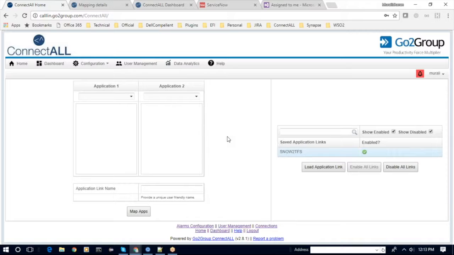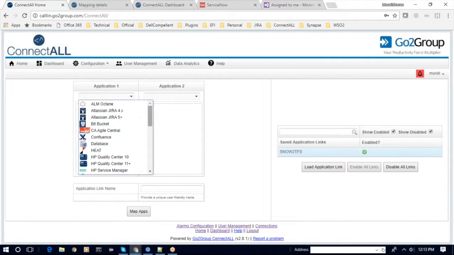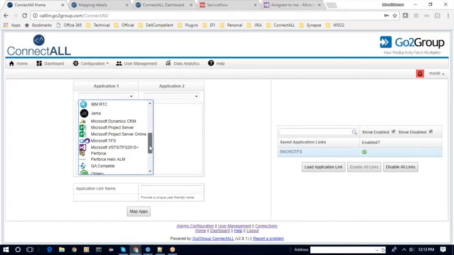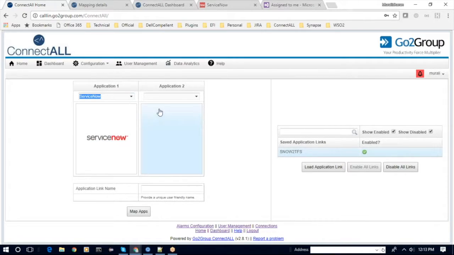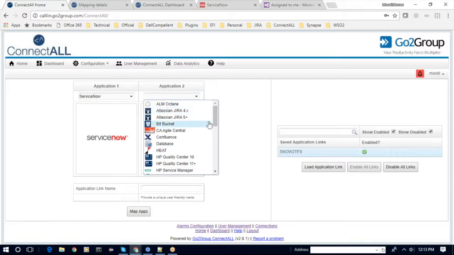For this demo, I'm going to integrate incident in ServiceNow to a bug in TFS application. So let's get into the demo. So what you see right now is the landing page of ConnectALL, and on the left, what you see is a couple of drop downs, which is going to list the application types that we are going to integrate between. So in our case, it's going to be ServiceNow. Choose ServiceNow from this drop down, and on the application to choose